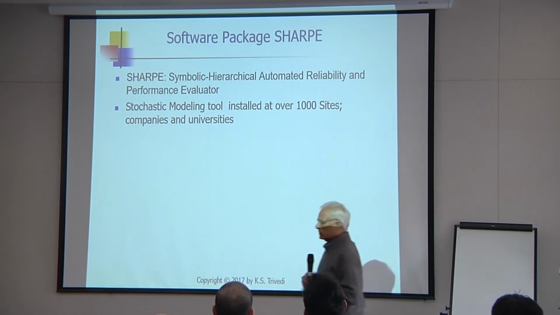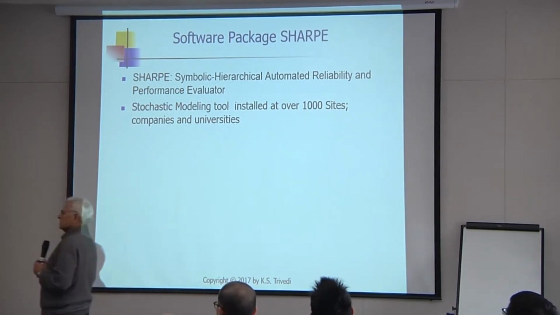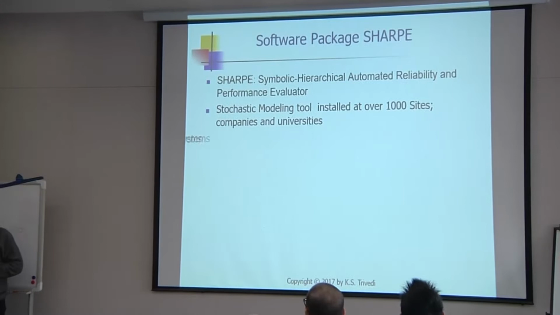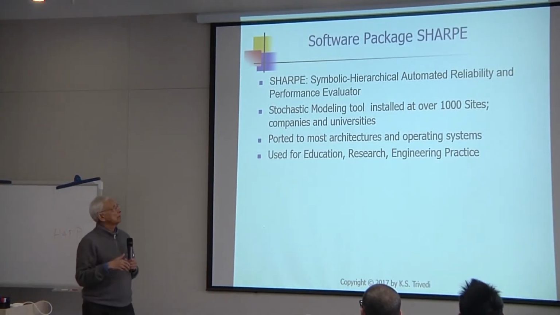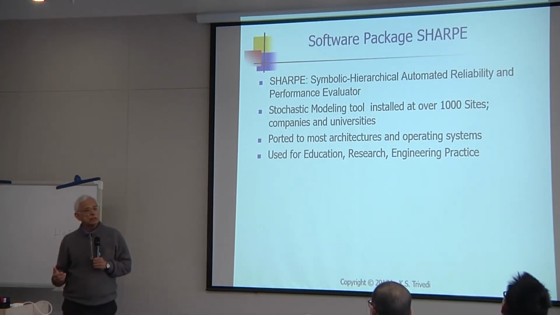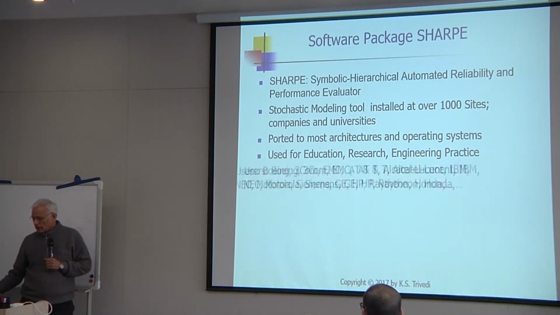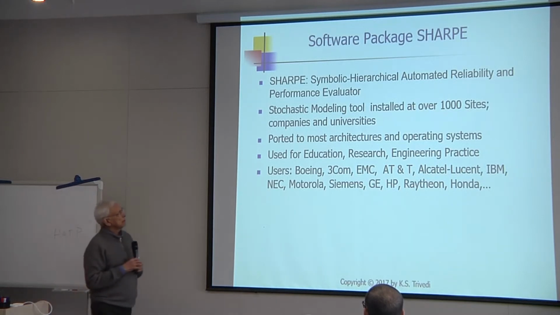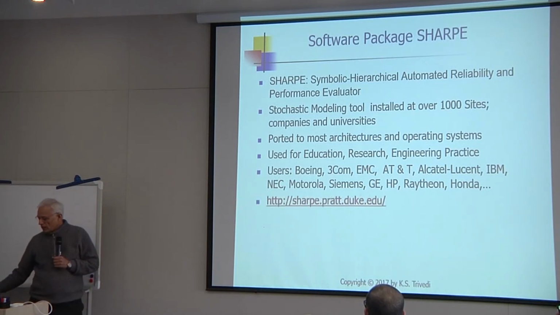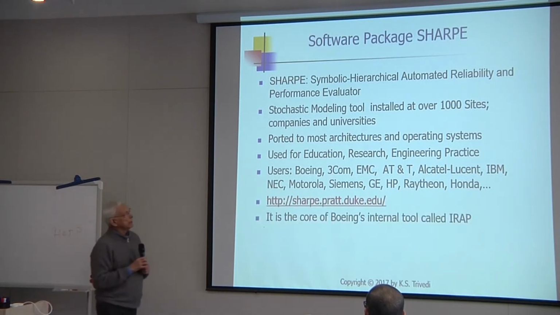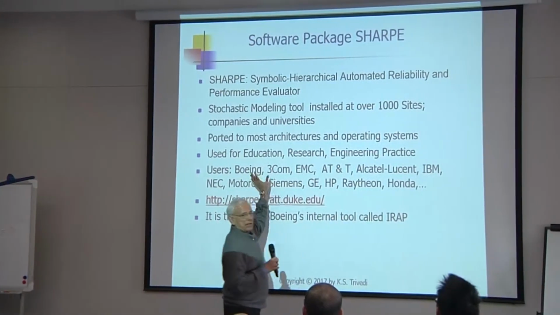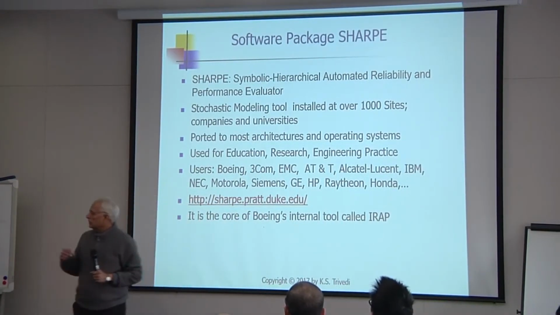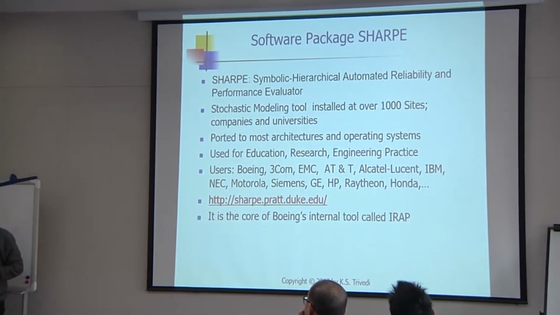installed at maybe around 1,000 companies and universities. And it is used by people to teach about these things and to do research and in engineering practice. And some of the companies that use these include a partial list there. And in fact, Boeing's internal tool called IRAP, the core is SHARPE. So now what I want to tell you is that the